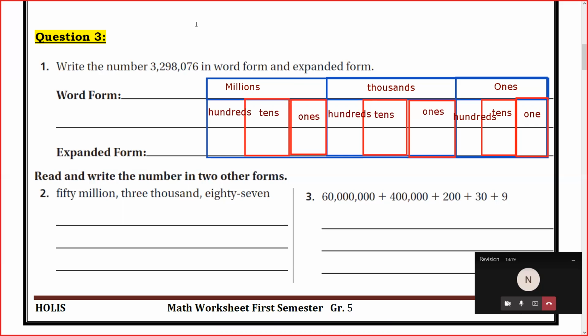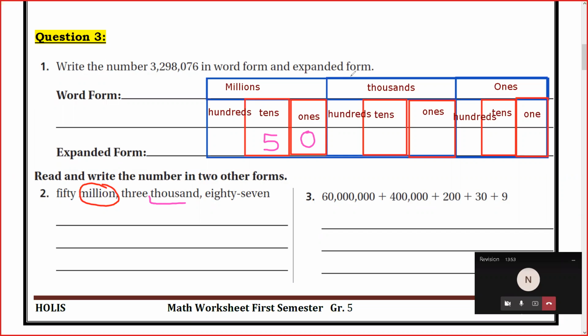Now, I want you to read and write the number in the 2 other forms. Here we have 50 million. So what do we have here? My period is million. So I will go to this period here, which is millions, and I have 50 million. So now I will write here 50 million. And then